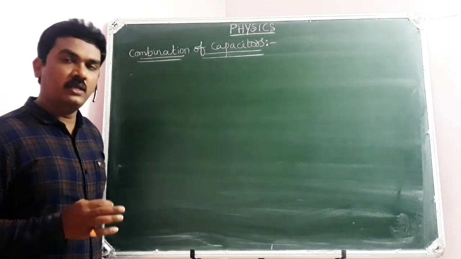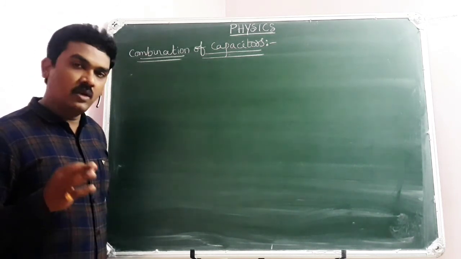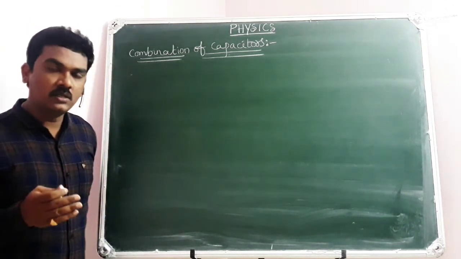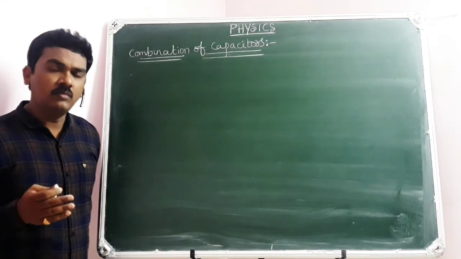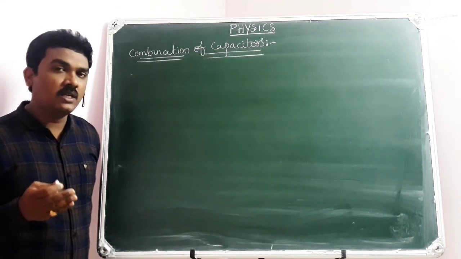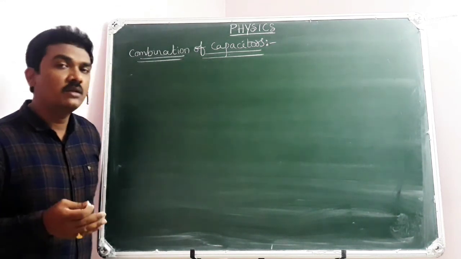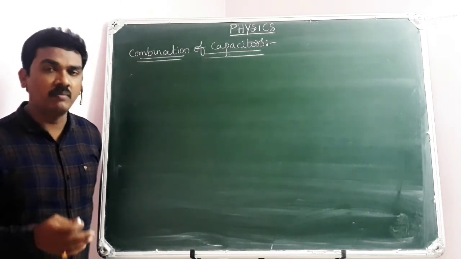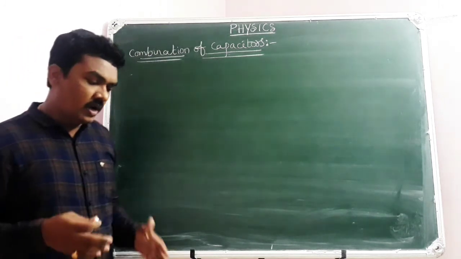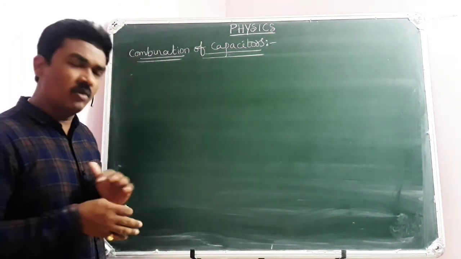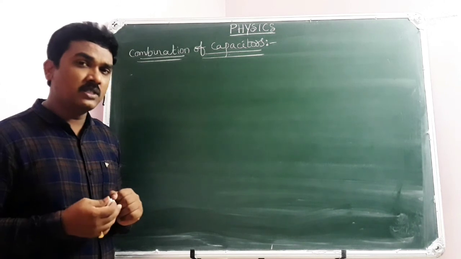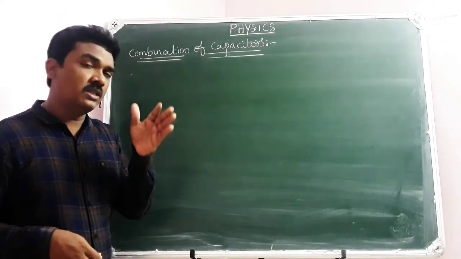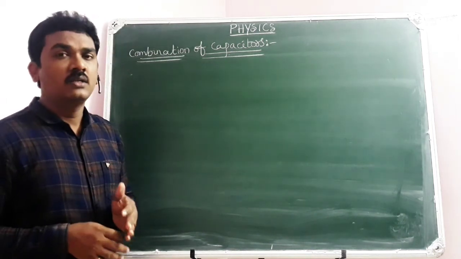To say simply in a clear way, in optics you have learnt about a combination of lenses. When two or more lenses are kept together, we have calculated the equivalent focal length, and we have discussed an equivalent lens. Hope you remember. Those 2 or 3 or 4 lenses can be removed and replaced with only one, which is an equivalent lens, and its focal length is the equivalent focal length.